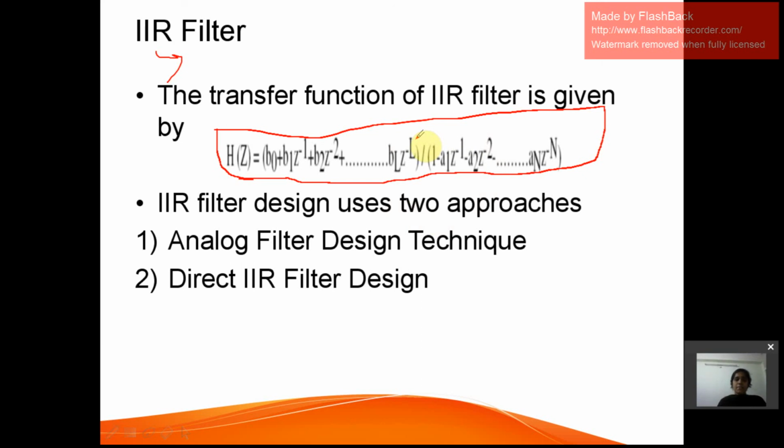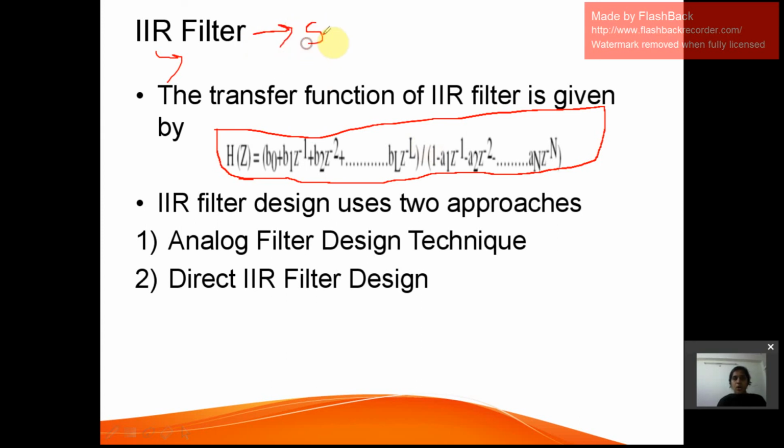Obviously, if there is a feedback, the stability is less, and the stability depends on the number of coefficients. As we have discussed, FIR has linear phase and constant group delay. Here it is non-linear phase and it does not provide any constant group delay. What is the disadvantage of the FIR filter? It has a larger number of coefficients. Here there are smaller numbers of coefficients.